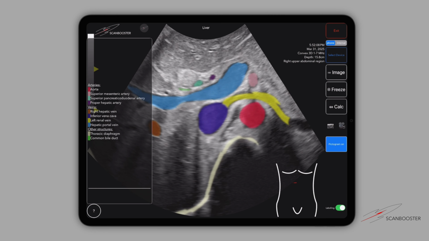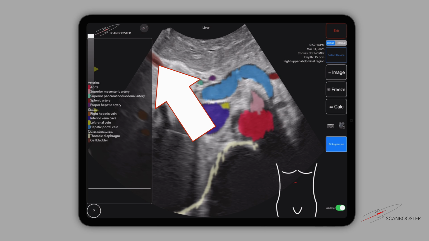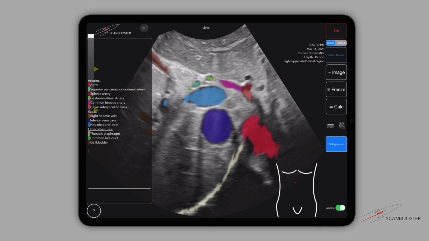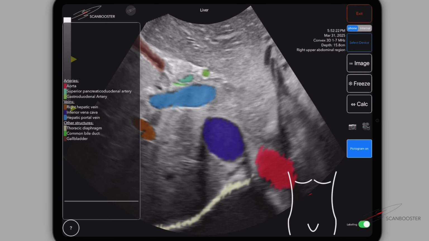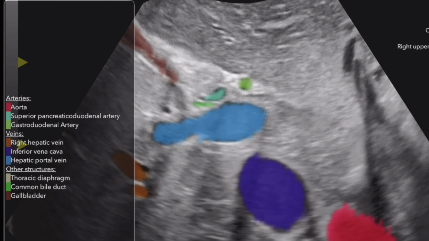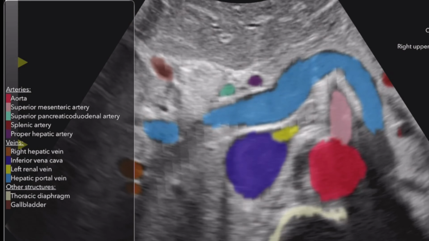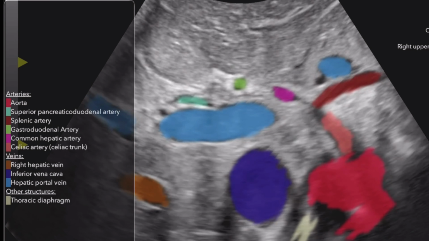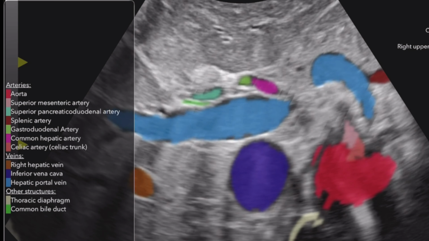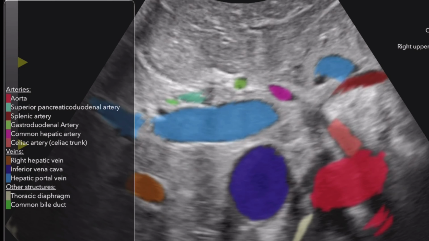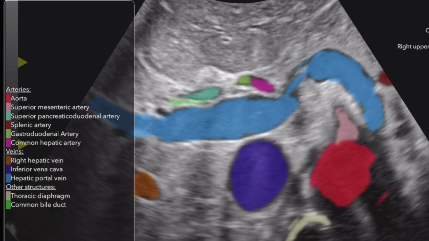The gallbladder, located on the underside of the liver and marked in reddish-brown, stores and concentrates bile. When needed, the bile is released via the cystic duct into the common bile duct, aiding fat digestion in the duodenum. The common bile duct is shown in green and is formed by the union of the common hepatic duct, which drains bile from the liver, and the cystic duct, which connects the gallbladder. The common bile duct runs between the superior pancreaticoduodenal artery and the portal vein and is clearly visible in this liver volume scan. It belongs to the extrahepatic bile duct system and transports bile from the liver and gallbladder to the duodenum.